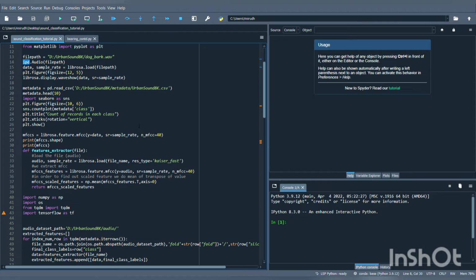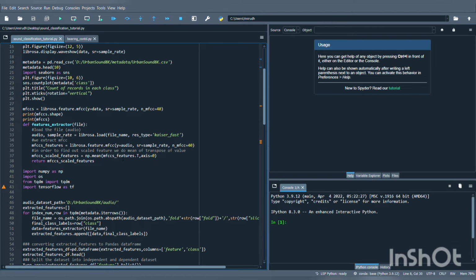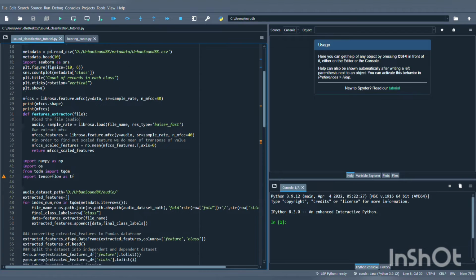Then this is the MFCCs, which is the mel frequency cepstrum, which will allow me to identify the features for the classification. So here I have used a feature extractor file which will be used to extract the features of the data